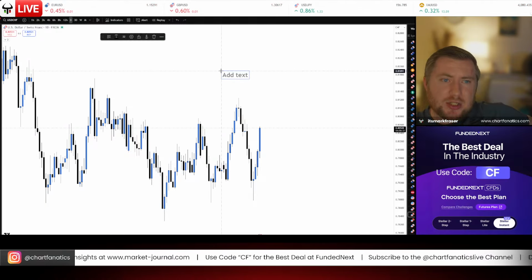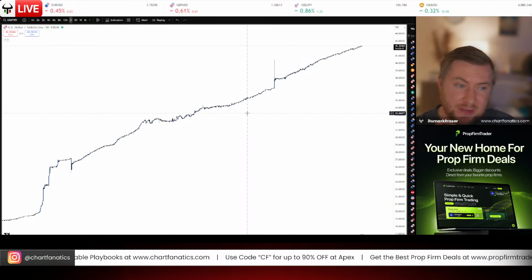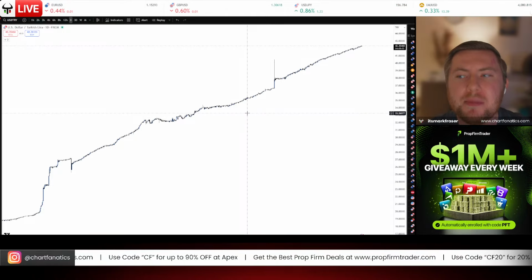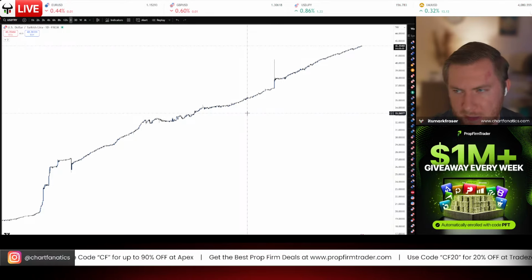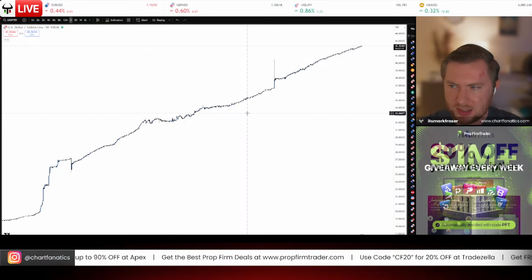You can see, without even looking at a chart, you know that Turkish lira is very, very weak. This tells you how important fundamentals is, because without even looking at it, if you just bought at any given point, regardless of entry, and you know that the future is not looking bright, you would be in profit by now. Does that make sense? If you know that in the future,